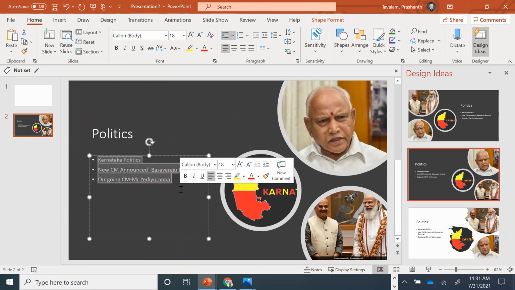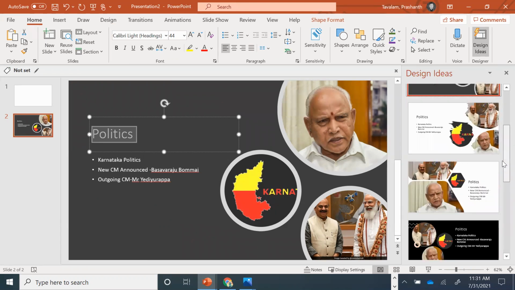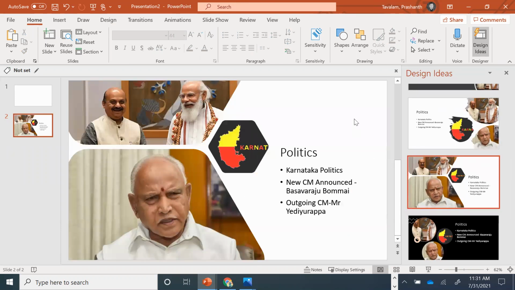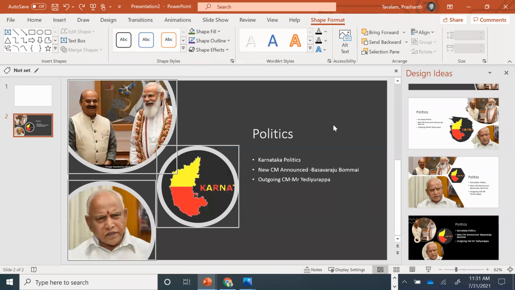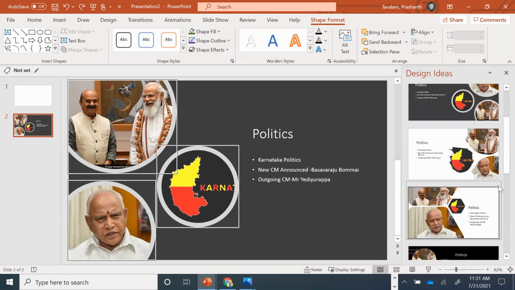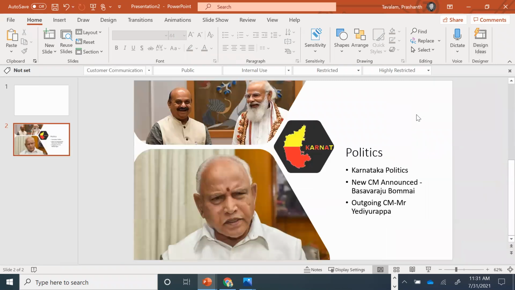Similarly, you can use it for the other images which I gave you. This is just an example of how you can magnify the whole experience. And you can even make it big like this, or just change that back. See, you can play around with designs here. So this way, you can create more professional slides.